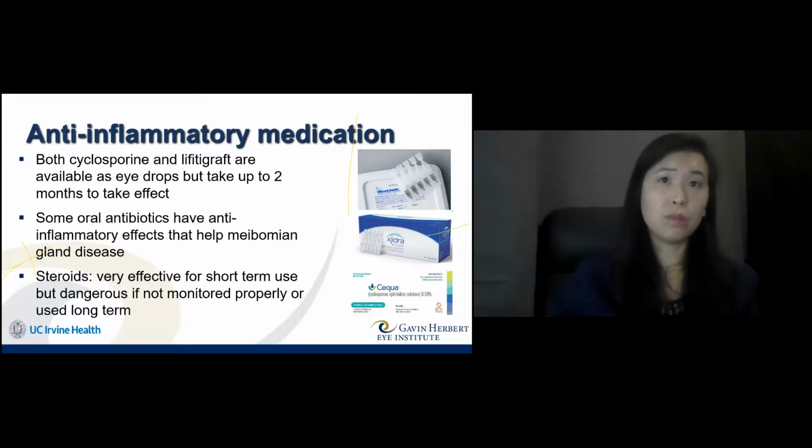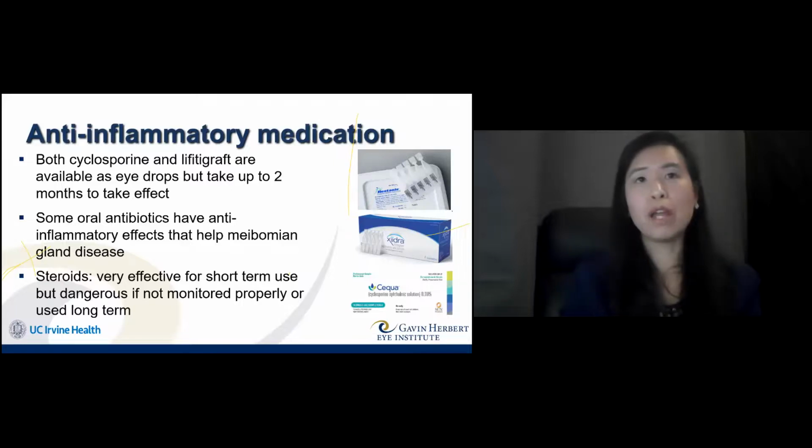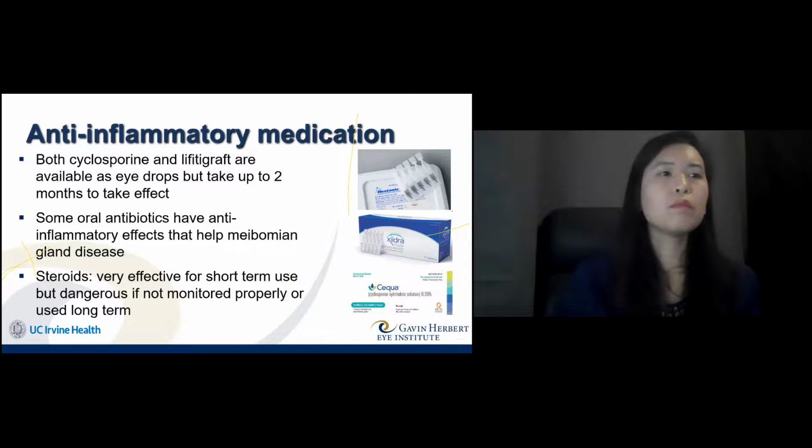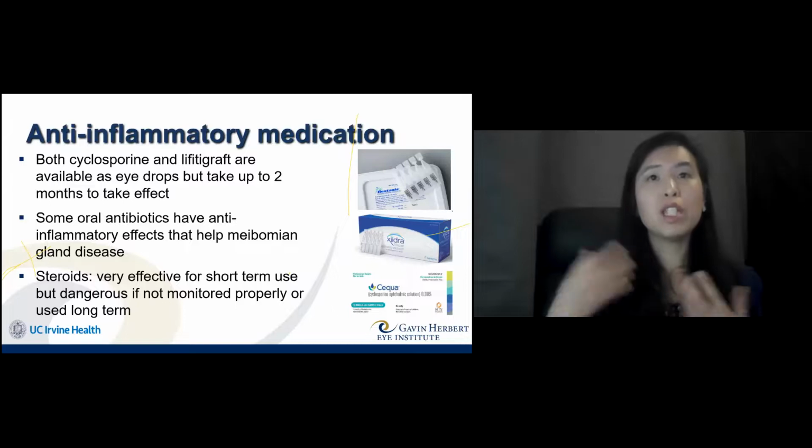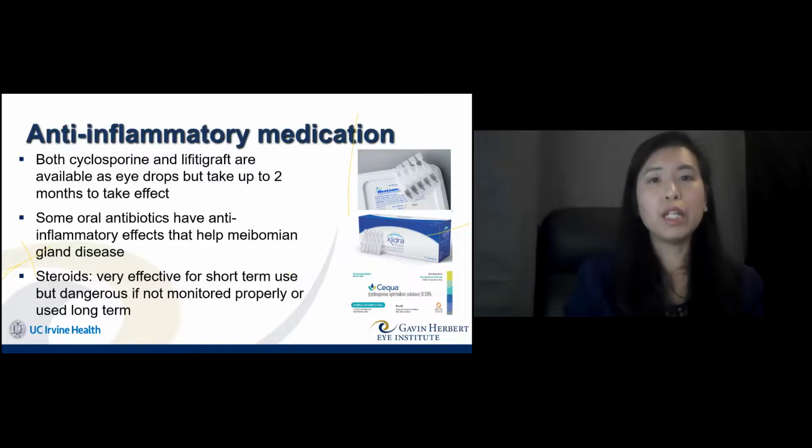So we don't like to prescribe steroids to treat dry eye for a long period of time. So we usually like to transition the patient to something like one of these medications if you are a patient who has inflammatory mediated dry eye. And remember, I showed you there's a test for that. So of these 3, I put them in order of when they were FDA approved. So Restasis has been around the longest, then Xiidra, and more recently, Cequa came on the market. Actually, Restasis and Cequa are both the same active ingredient, cyclosporin, but in different formulation and different percentages. But the idea is the same, is that these are medications that reduce inflammation without steroid, but they don't take